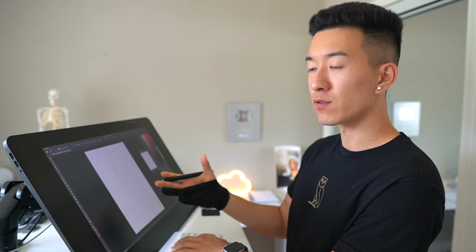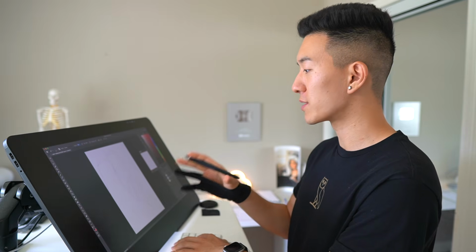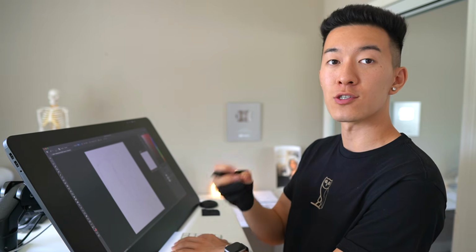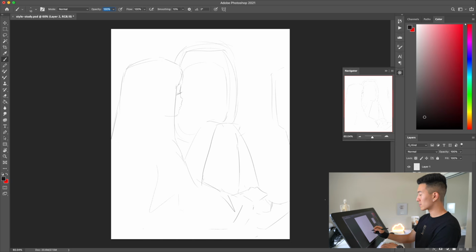Okay, so now that we've revealed Guweiz's secrets, I want to try to put this stuff into practice. I want to see if I can try to make a painting that is dark and still readable and still effective. So we're going to try to paint this scene on a plane. Now I'm just going to keep in mind the extremely dark values that he used in his paintings, and I'm going to try to replicate the same kind of feeling.